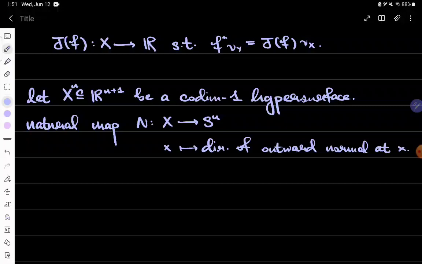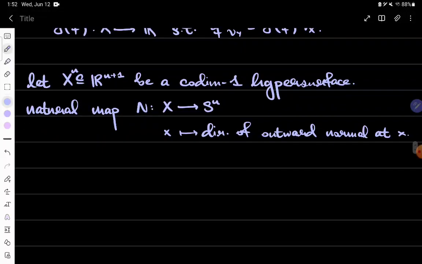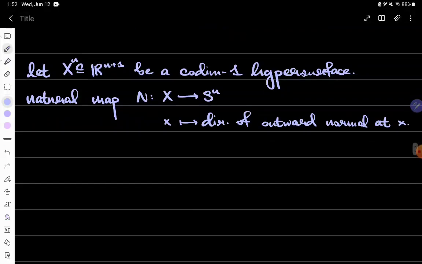Then there's no way to faithfully represent, in an isometric way, distances and angles on a globe. And so this Gauss map is capturing the idea that you're somehow wrapping this codimension 1 hypersurface around the n-sphere of the same dimension. And so when you're mapping each point to the outward unit normal vector, then you're just looking at the direction at which it's pointing as an element of the n-sphere. So then we're going to use this to define the curvature, because we're going to compare it to the curvature of the n-sphere.